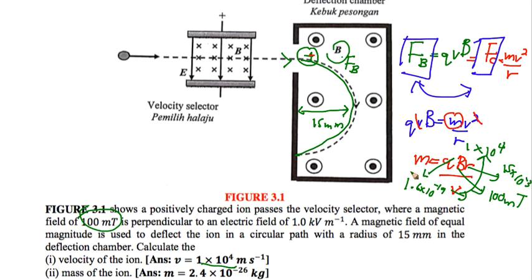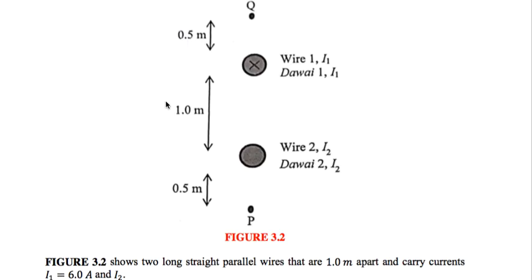So you can find the value of M, the mass of the ion, is equal to 2.4 times 10 to the minus 26 kilograms. So you can find the mass of the ion by using the combination of two equations, the magnetic force and the centripetal force, after the positive charge enters the deflection chamber. Next question is what is